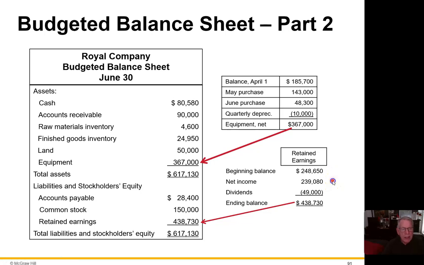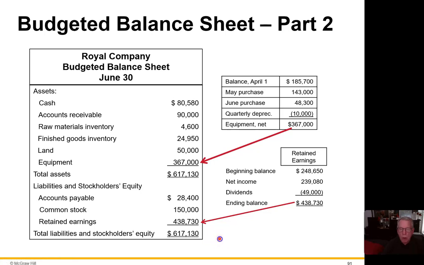We added the net income that we got from our income statement, backed out the $49,000 of dividends, and that gave us an ending balance of $438,730. We bring over our adjusted equipment balance, net of accumulated depreciation, and the total assets, as you can see,